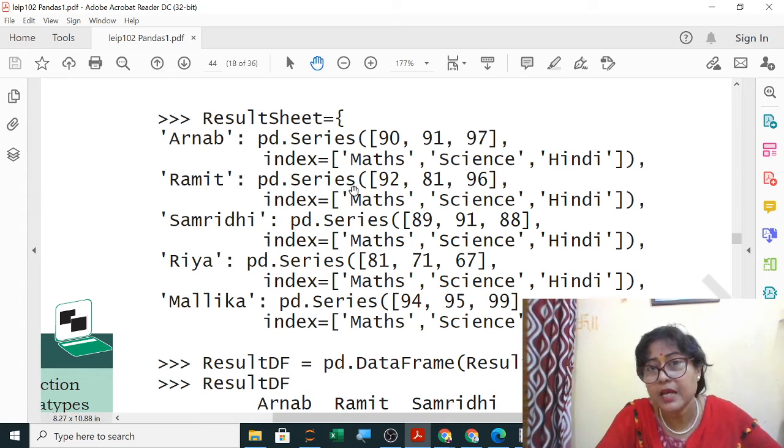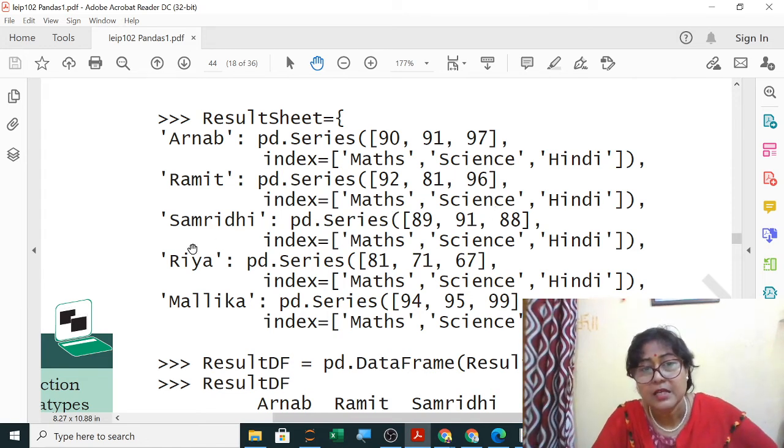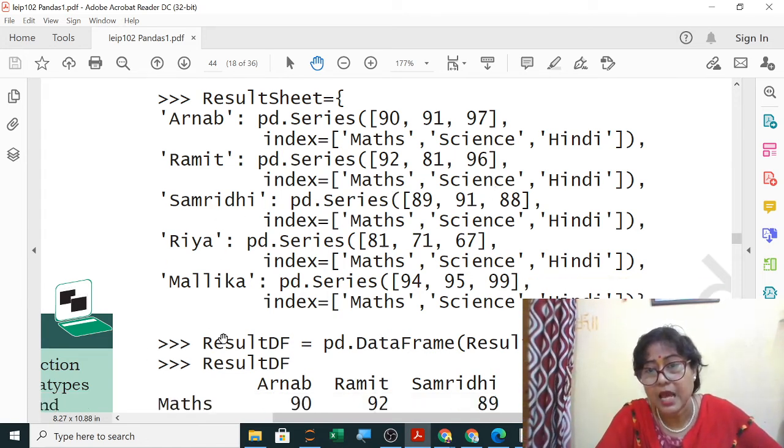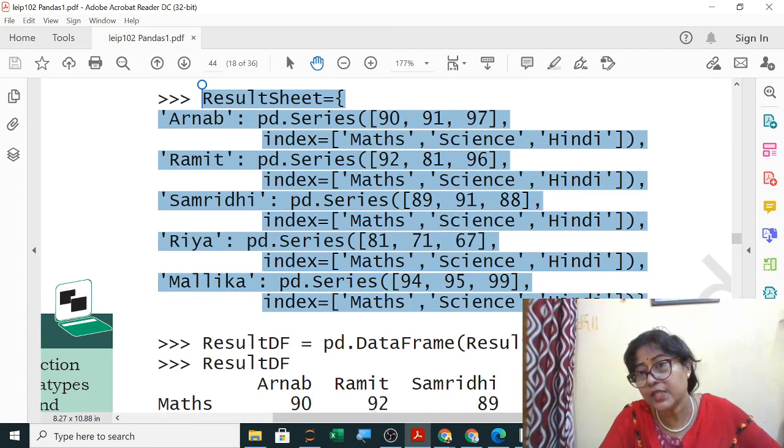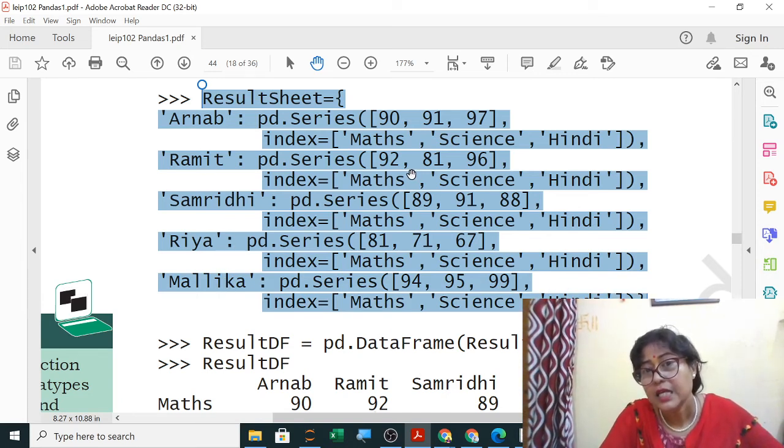Same Ramit data is stored here, that is the marks of 3 subjects, same subjects, maths, Hindi and science. Samriddhi, Riya and Malika. And then you are creating here the data frame using this dictionary. This is one dictionary containing 1, 2, 3, 4, 5 students, 3 subjects marks.